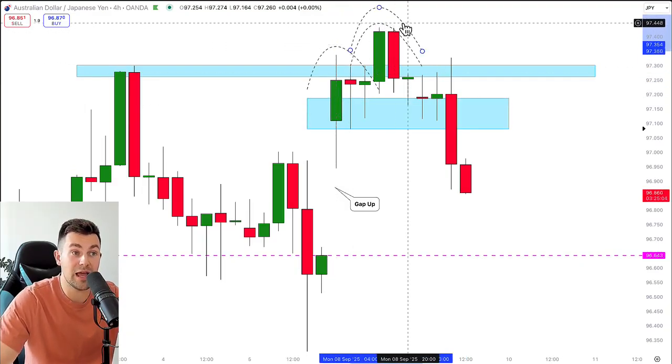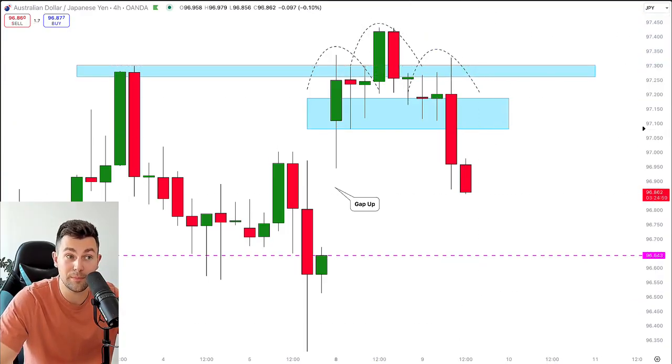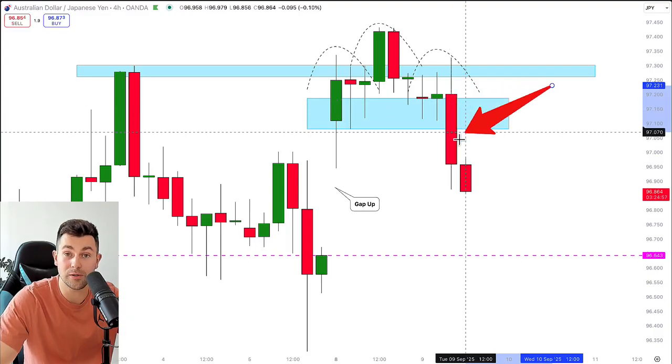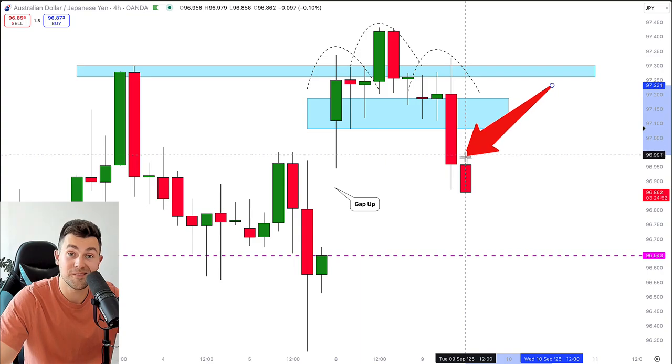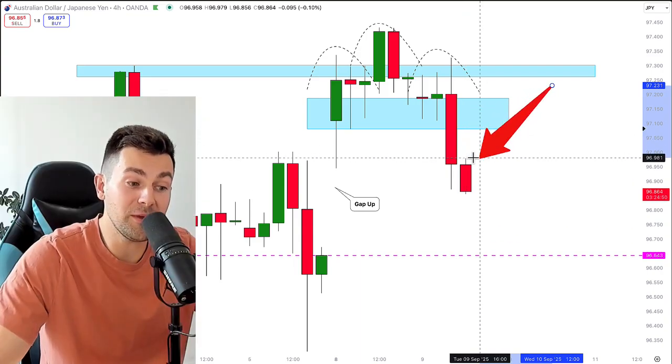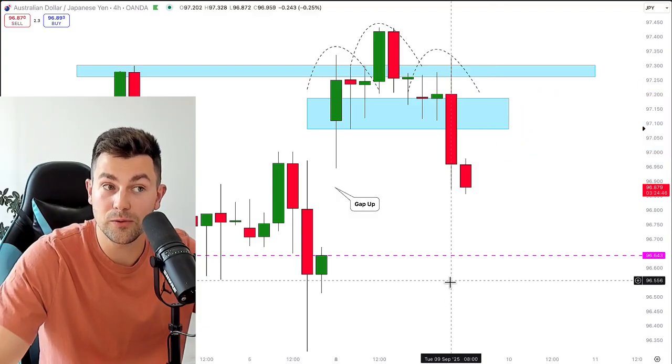You can see that then neckline of the pattern was broken with the high momentum bearish candle. That is our strong confirmation. That is a clear sign of strength of the sellers. So we can sell. The problem is though that if we sell from here after a close of this high